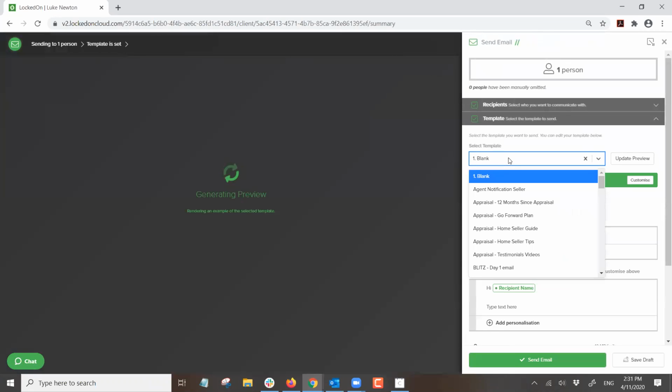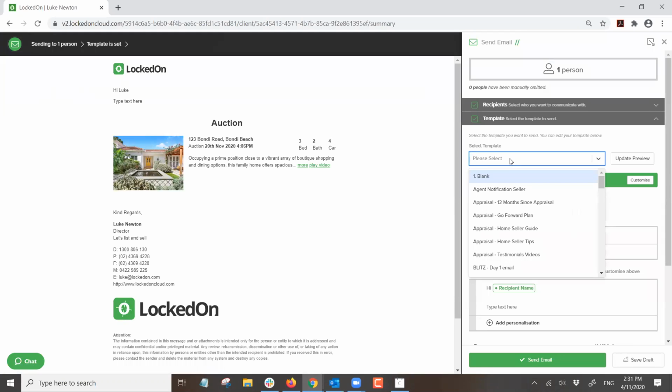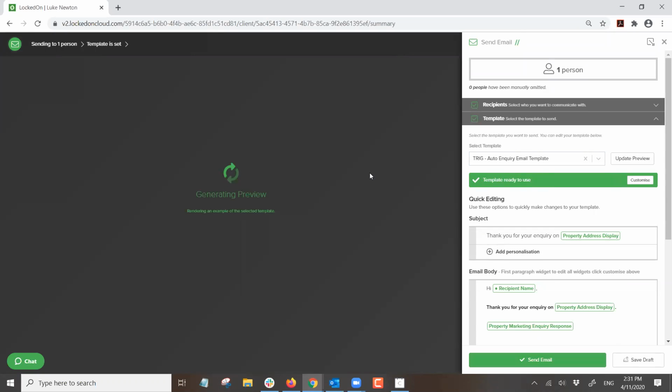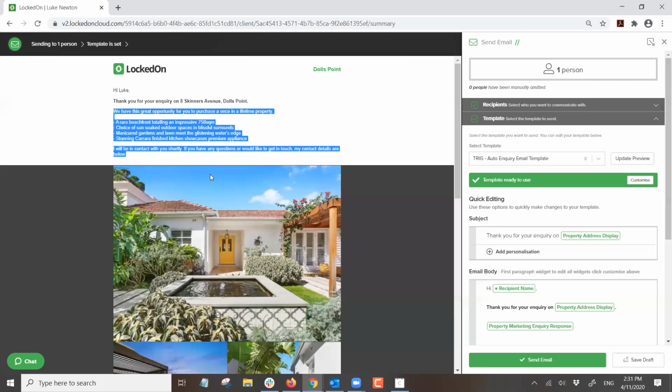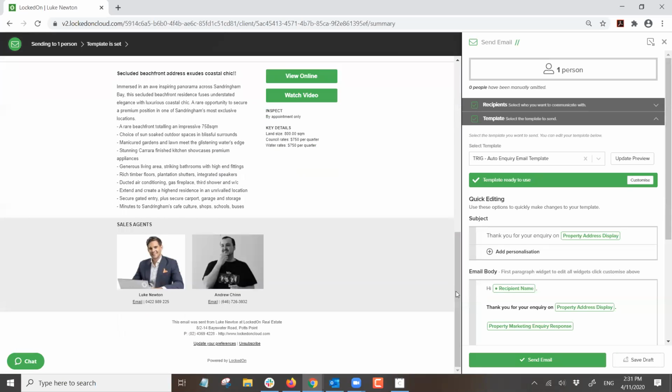So this is instant, pretty much. Sorry, I got the wrong template. We need to use the trig inquiry reply template. So it will grab this template, it will load in 8 Skinners, and it will then pre-fill in the thank you message. So thank you for your inquiry on this. It's got a bit of a custom reply about the property. Then it goes into the property photos, details, view online, watch videos, the agents, and that sends automatically to the